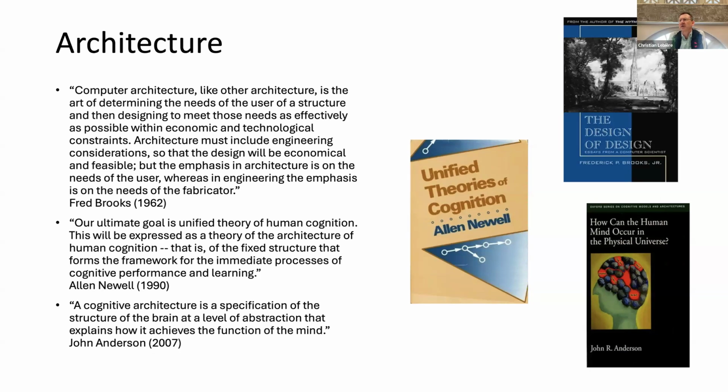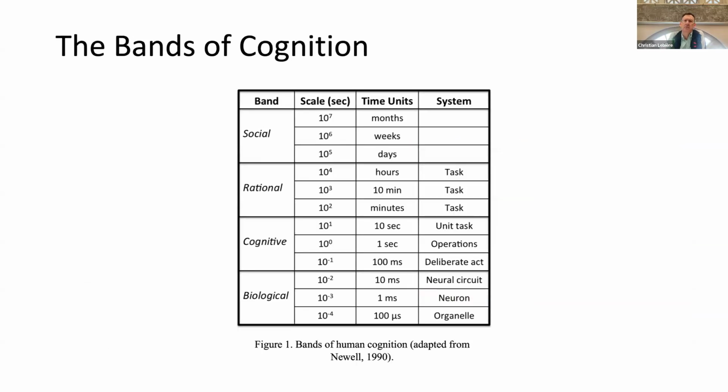And of course, on top of that framework, there will be all sort of knowledge acquired and deployed and so on and so forth. But he was focused on the invariant structures of cognition. And obviously there, and the quote from Anderson below makes clear that there are different levels of abstraction in which one can do that. And that's also a concept that Newell introduced and explored through his concepts of the bands